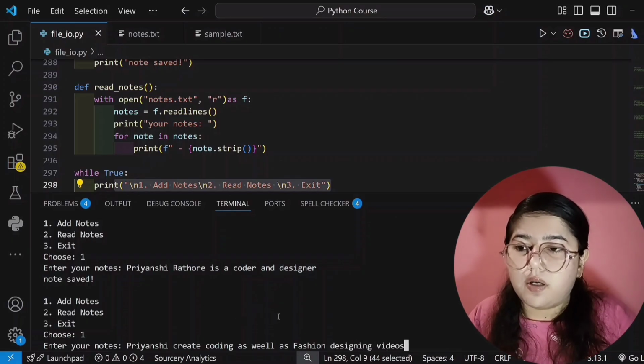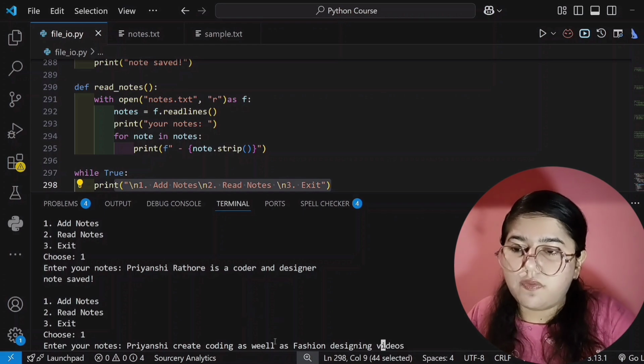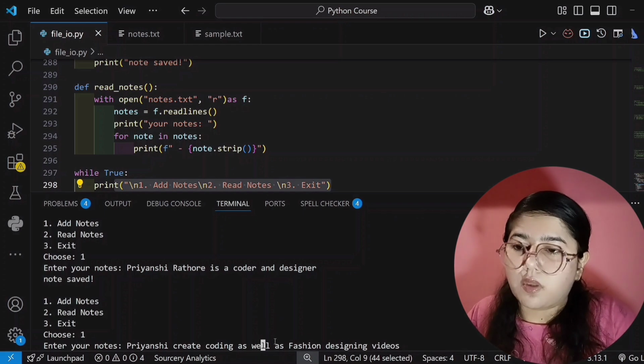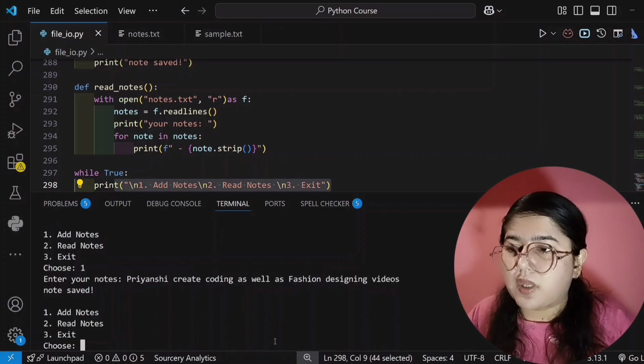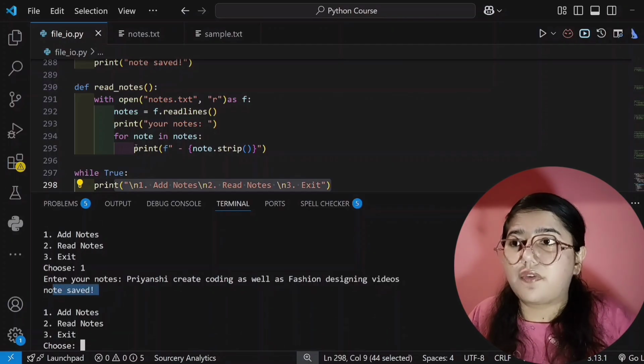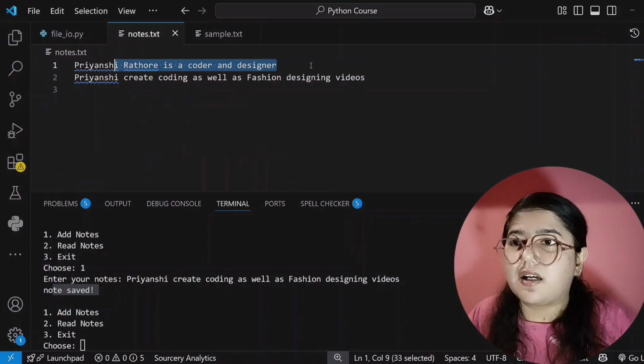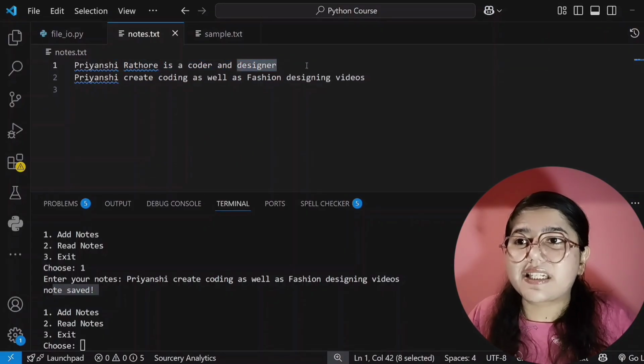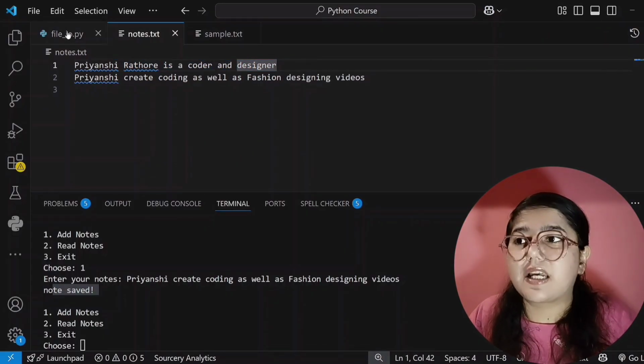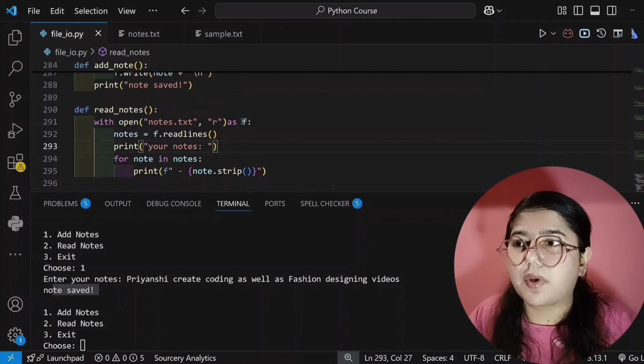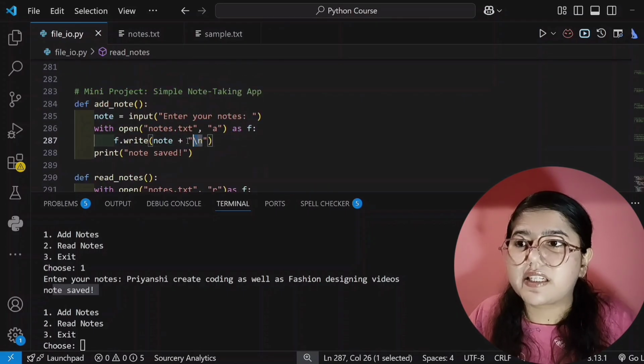Okay, and now enter. Sorry, the spelling is wrong. Now enter. See here, it's showing note saved. Now see, it is storing in the next line, not the same line, because we have written it that way. In the next line you have to save.